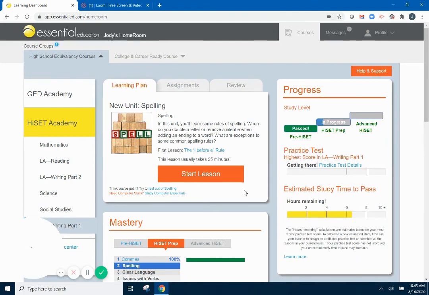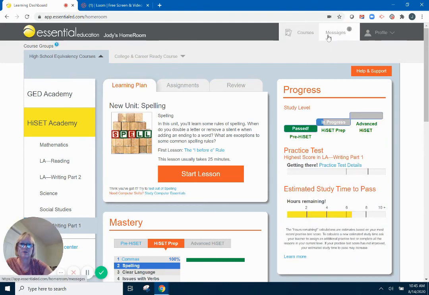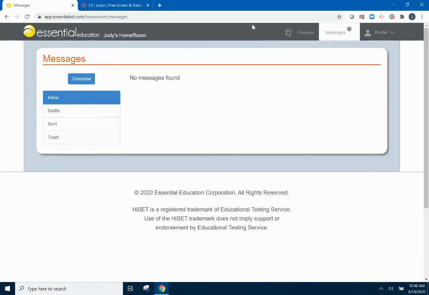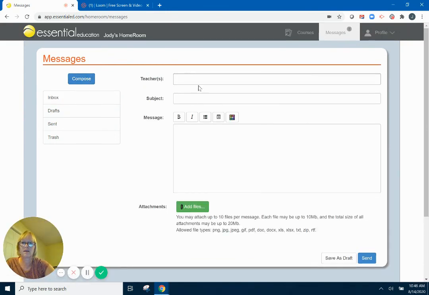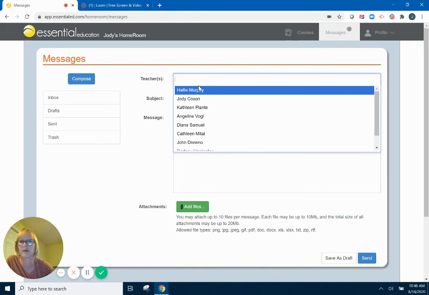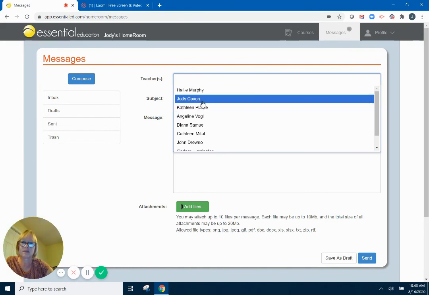Okay. You can also message your instructor or the navigator in the system, so that's an option. Right now, no one's messaged me. The instructor hasn't messaged this particular student, so there's nothing going on there. But I can certainly compose, and let's just say it works just like regular email. So I can send it to myself,